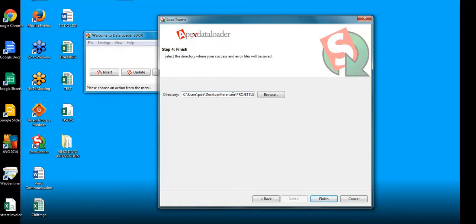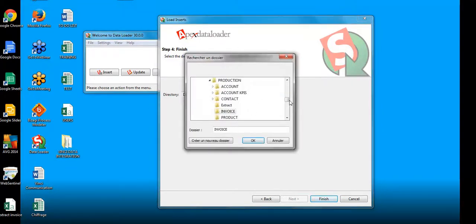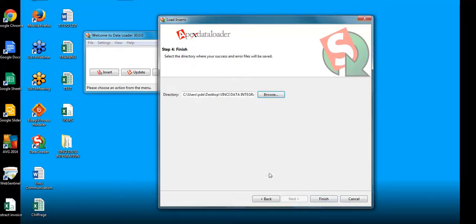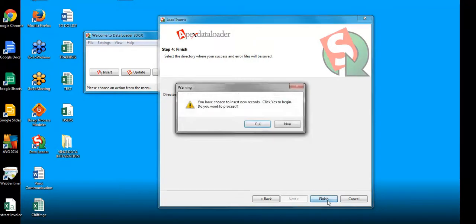Here you can choose where to put your error or success file. I will put it in a different place on my desktop, yes, in my Vinci data integration folder. I finish.